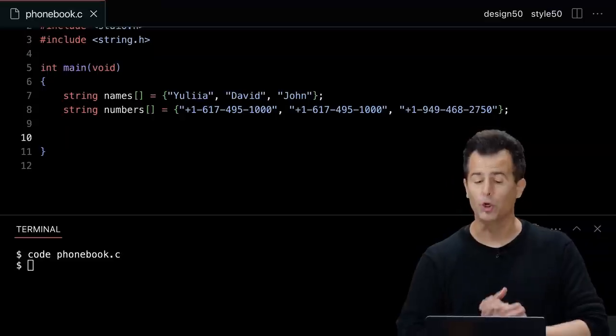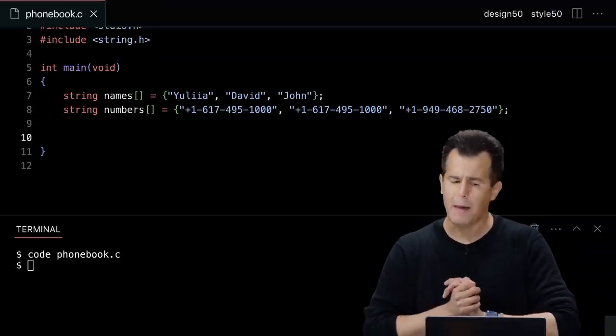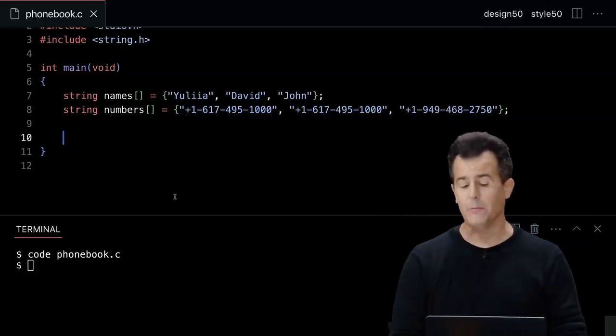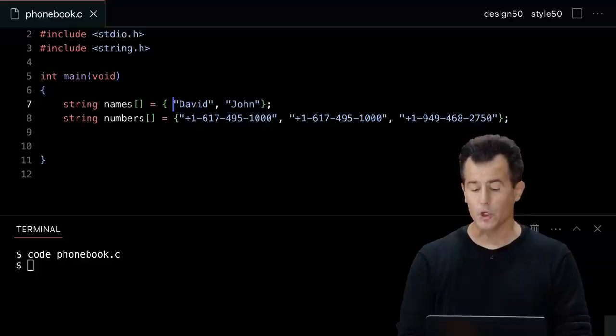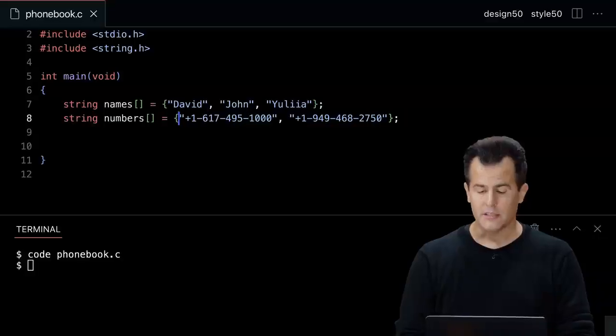All right, so now I have 2 parallel arrays, if you will, from left to right that are both mapping names in one array to numbers in the second array. And actually, if I want to keep this thing sorted, that's kind of on me. And I don't really care about that for now. But if I wanted to sort this, notice that I'm actually going to need to move Yulia's name there and move Yulia's number to the end here.